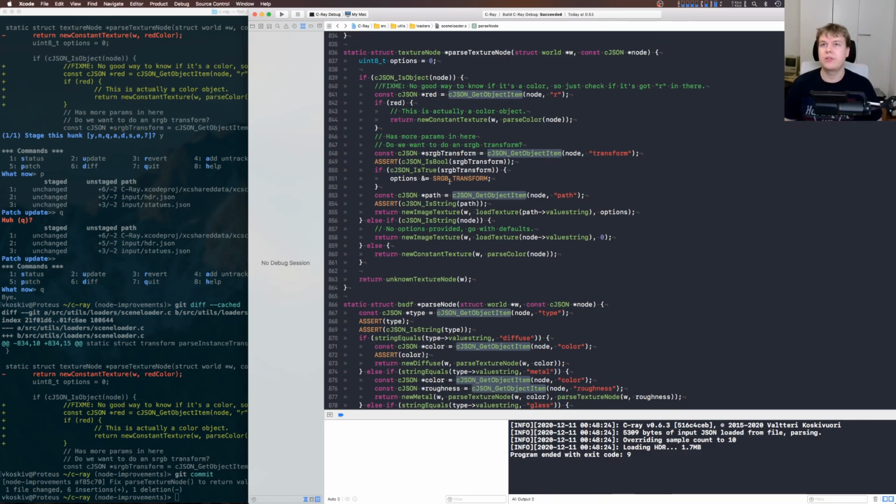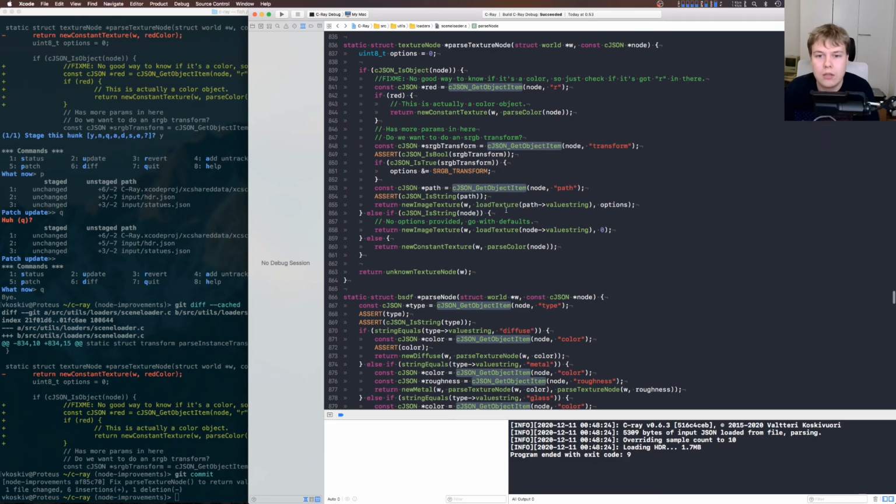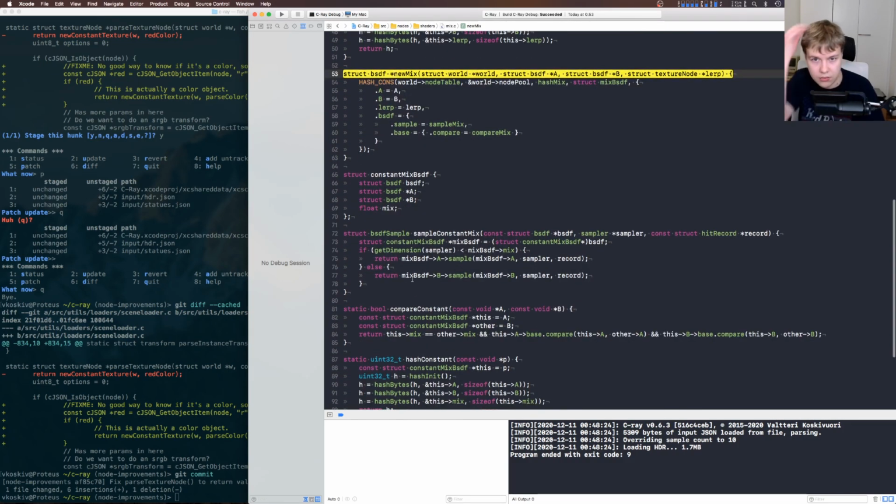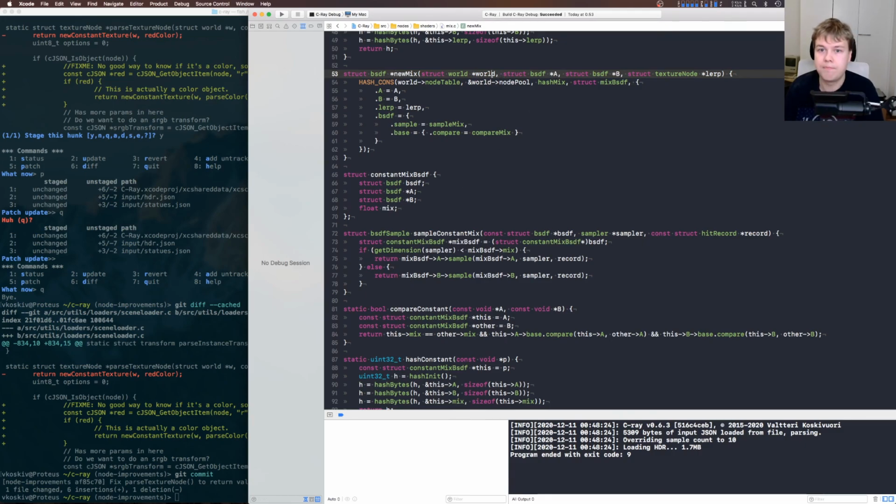Instead of just having an array of functions we can choose from, we can actually mix and match and combine them. And the way we construct them is they're all allocated on the node pool, the shared memory pool, which I think is really cool. It was not my idea, but